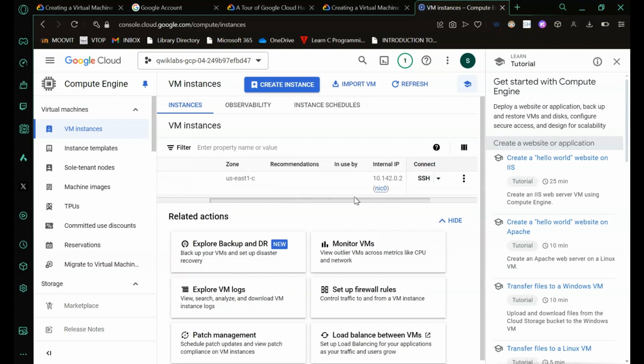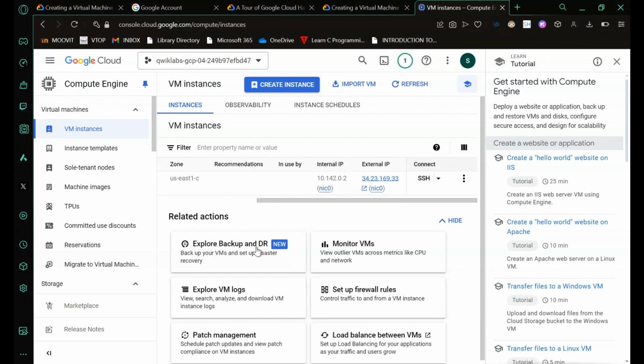Yeah, as you guys can see, the instance is now running. Now we'll need an SSH to connect to the virtual machine. Now what you have to do is click on SSH, and a new dialog box will open.